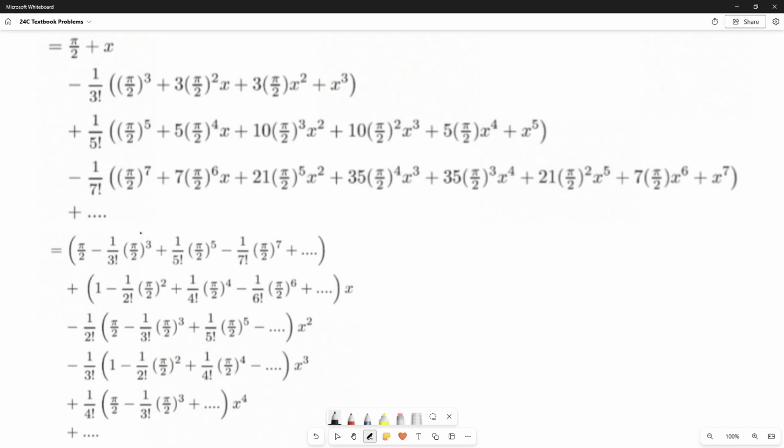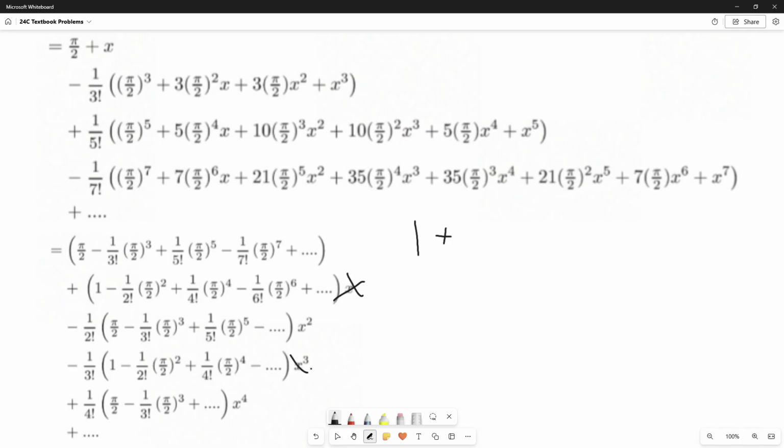And every odd regrouping is actually equivalent to sine pi over 2, because this follows the same pattern as sine of x, except that x is replaced with pi over 2. So we can rewrite these as sine of pi over 2. And sine of pi over 2 is just what? 1. And then these, pretty similar. This is cosine of pi over 2, because it follows the same pattern as cosine of x, with x replaced with pi over 2. And cosine of pi over 2 is just 0, so we just skip